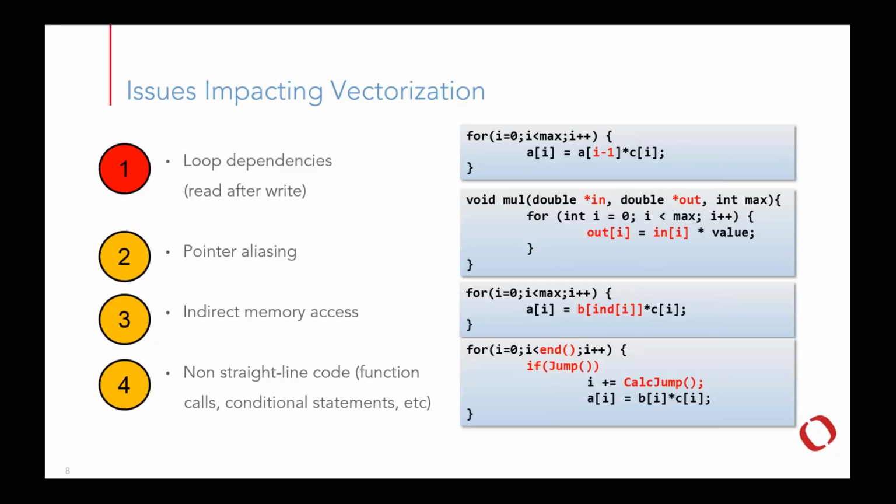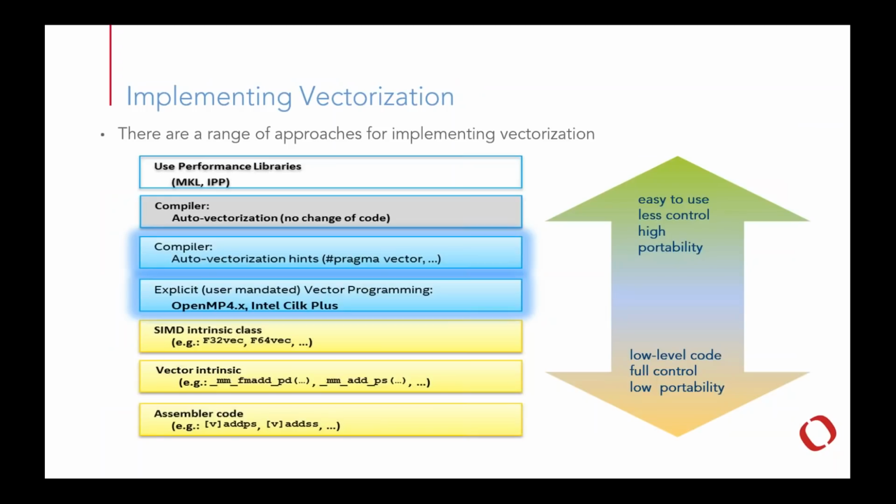So in many cases, we are not showstoppers, and the compiler could do vectorization for you, but not always, and sometimes the compiler would need your help as a developer. In terms of approach, there is a set of options from lower level, like assembler code or coding in intrinsics. And intrinsics are basically like C function calls implementing more SIMD intrinsic classes. So those are low-level coding, providing full control over vectorization, but they may have some restrictions in terms of portability